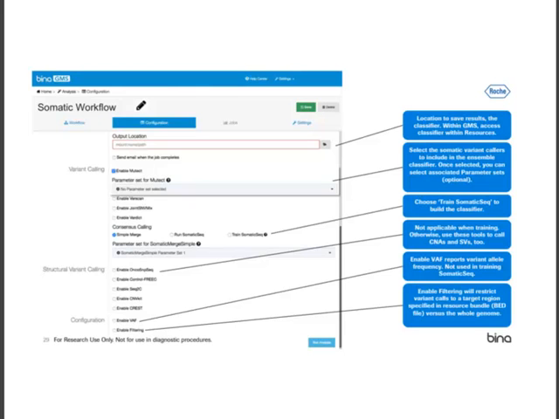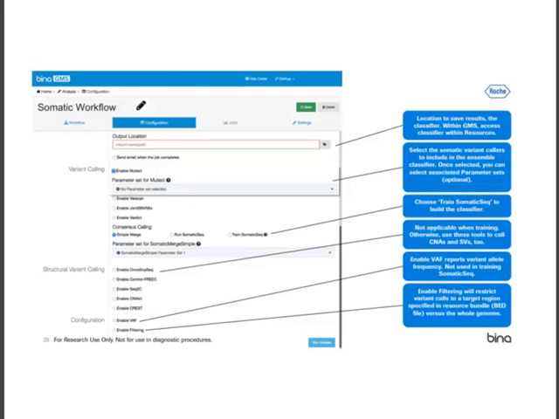When I click on a specific variant caller, a drop-down will appear, which will then allow me to choose the parameter sets corresponding to that variant caller. Typically, you may choose to run all 6 variant callers to leverage all of those results for your classifier. Now, in some of these cases, we've actually fixed the settings as well,